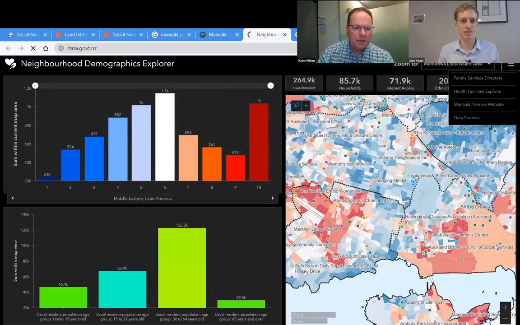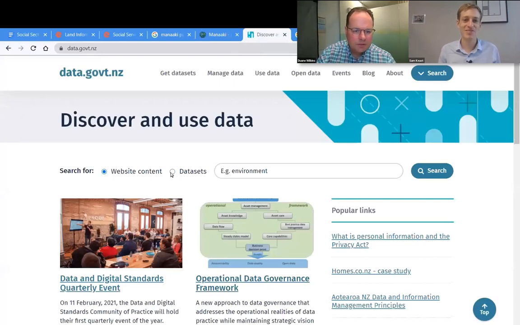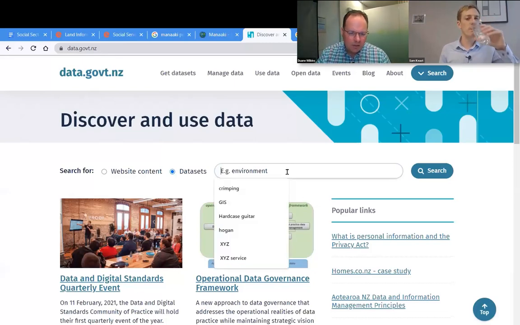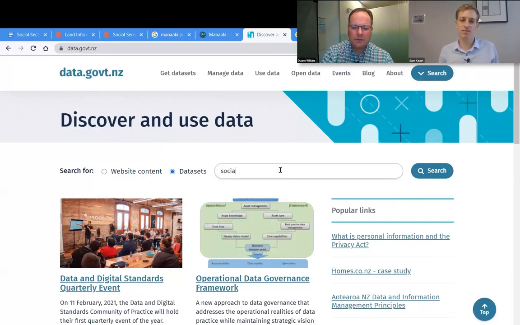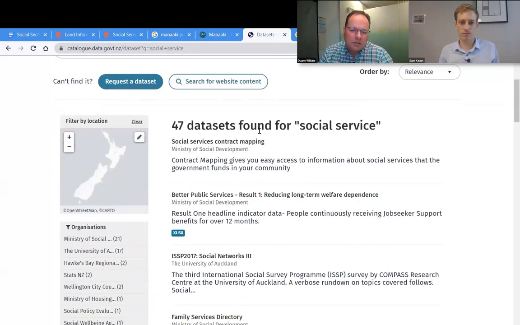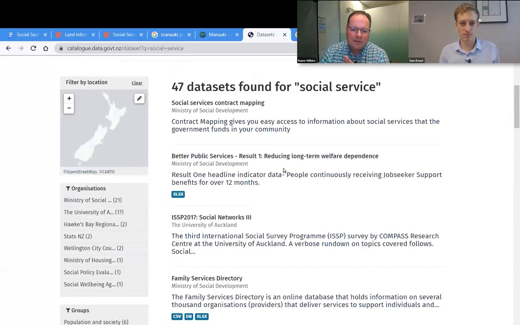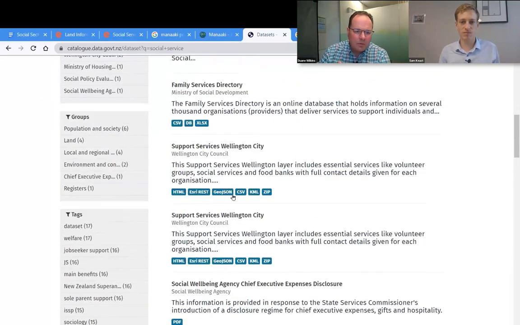Okay, so data.gov. This is the mother of all directories. So if you've not come across this one before, this is different to Google. With Google, you've got to have an idea of what you're looking for, and then you search for related terms. But the key thing with this is the word discover. So if we're looking for social services, we're looking in data sets, and we can see here straight away, we don't have to look at Google, we don't have to filter the stuff. We know we're right down to 47 data sets about social services. So here's all kinds of interesting stuff. We can filter by,